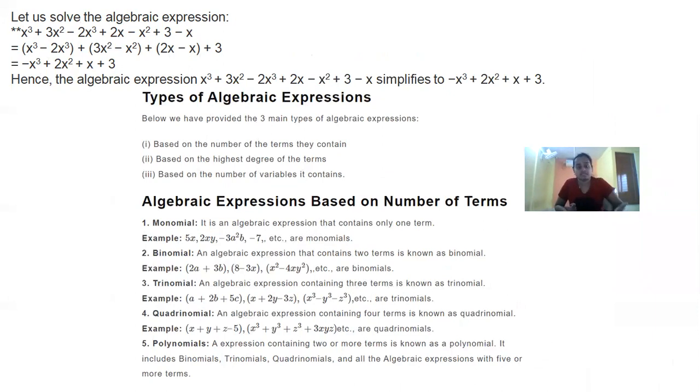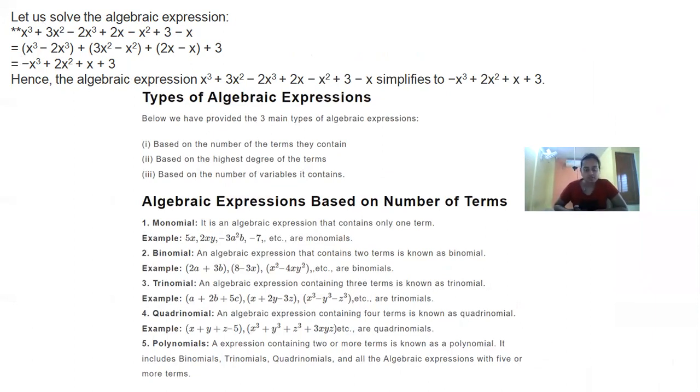The 3 main ways in which you can classify the algebraic expressions basically. The first is based on the number of terms they contain. That means if your polynomial contains 2 terms, it will be called binomial. If it is containing 3 terms, it will be called trinomial. What are called terms? Because here you have 1, 2, 3, 4, 5, 6, 7. If you simplify them, you have 1, 2, 3, 4. So the number of terms you are having in the expression is going to determine the name of the polynomial,